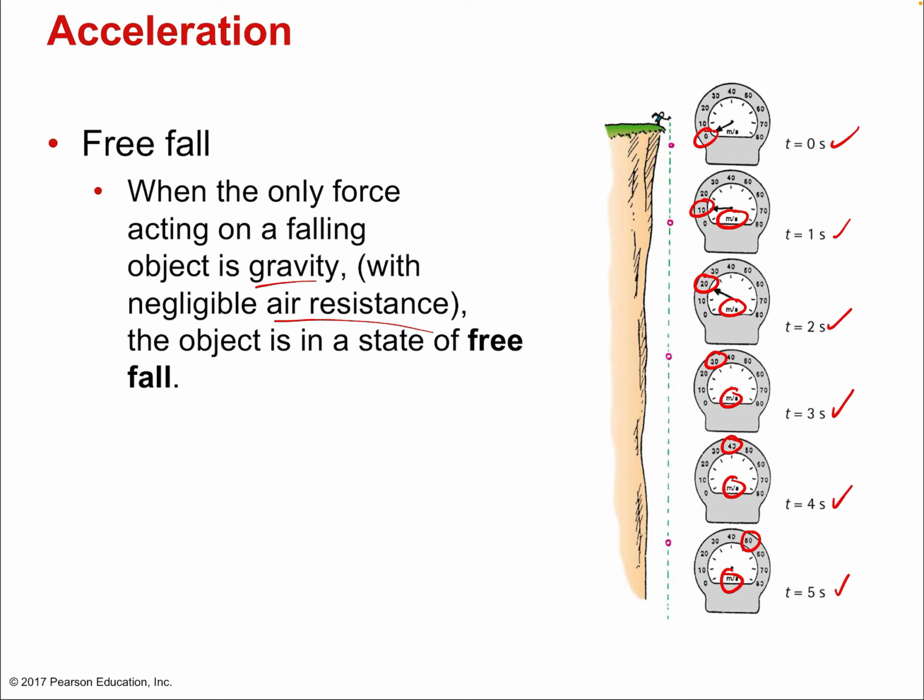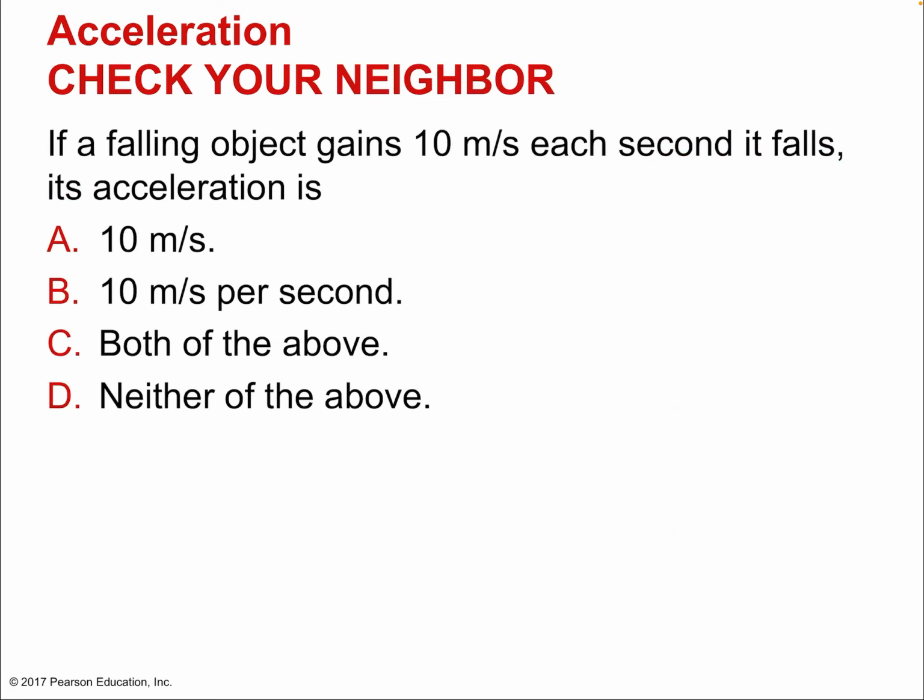That means that the distance it covers is not the same, right? Since it was moving on average 5 meters per second in that first second, when it went from 0 to 10, it covered this distance. But then in the second second, it had a much greater average velocity, because it started that second at 10 meters per second and finished it at 20 meters per second in terms of its downward speed. Of course, it covered a greater distance, right? And that relationship of how much more distance it covers is actually parabolic. It's growing with the square of the time, all right?